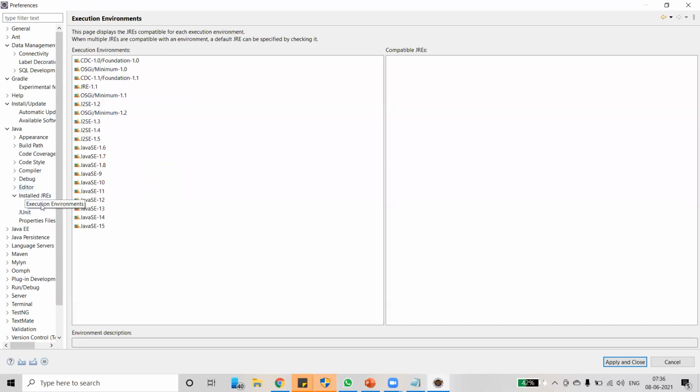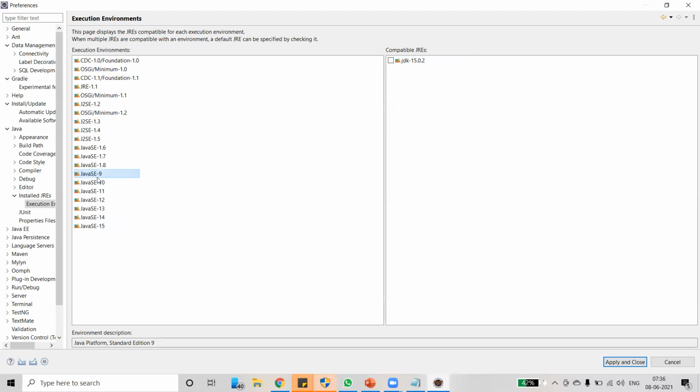Execution Environments: we can see here Java Standard Edition 9, 10, 11, 12, 13, 14, 15. So these many environments are there. Just look here, it's a perfect match for the JDK.